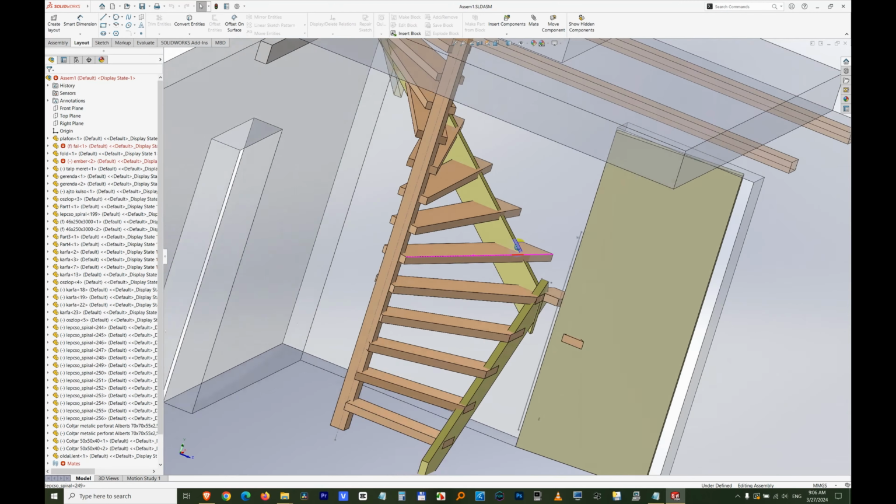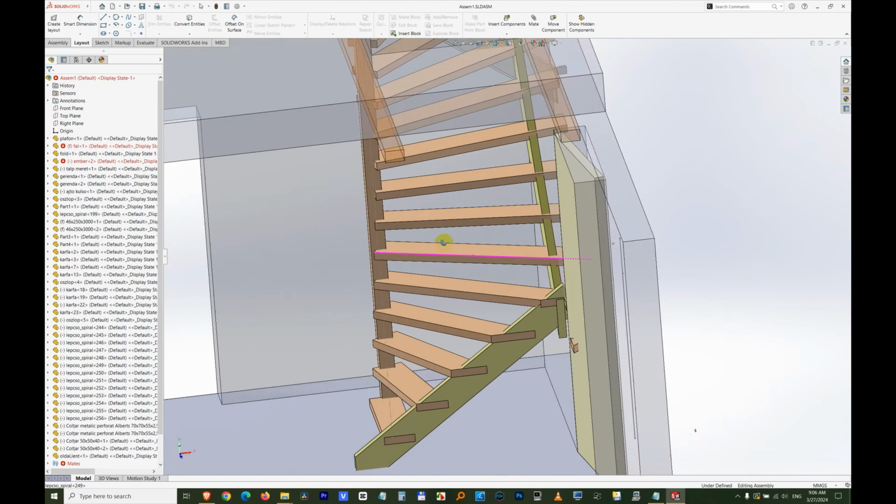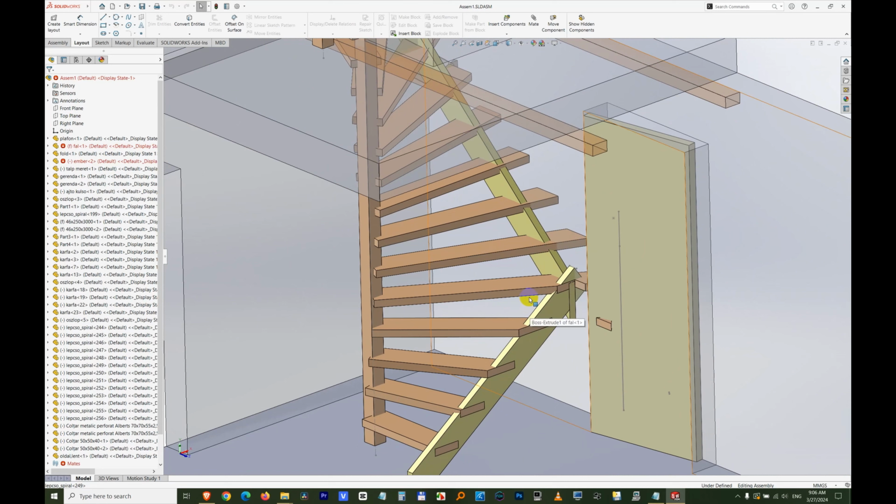Here's a drawing in SolidWorks which looks like this, and the question is, at what angle is this to that one? So what's the angle between this object and that object? To find out the angle, up here we have these tabs, assembly, layout, and on the layout tab we have